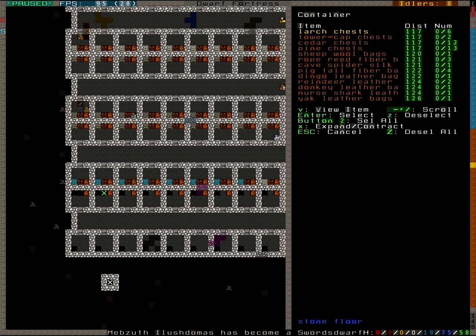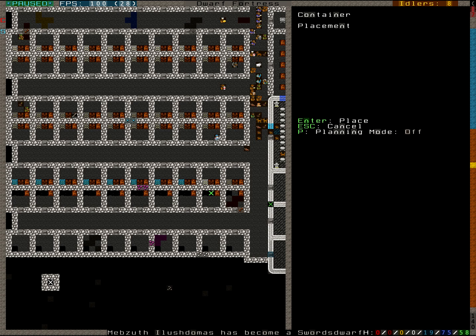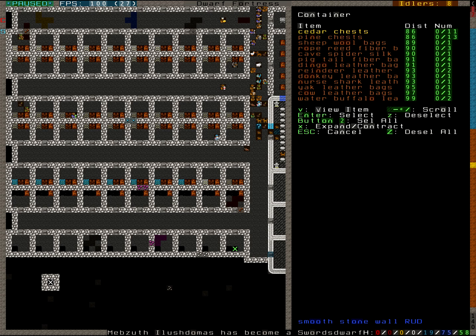Now I have to pay attention, because I don't want to place any bags. I only want to place chests. While people might actually have a laundry bag as well and be happy with that, I only want them to have solid chests. I don't know why. It's probably just a thing of personal preference,